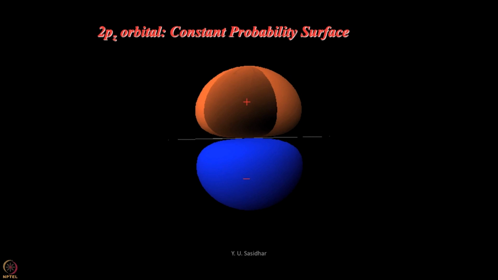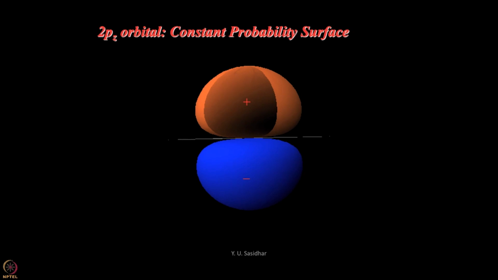Now, but the thing is you can construct the probability, and the probability roughly follows qualitatively the shape of the contours that we had drawn, but of course they will not be exactly the same. So, this is the familiar p orbital that you get. Why is it that we like to plot constant probability surfaces? We like to do that because it is probability that tells you where the electron is.